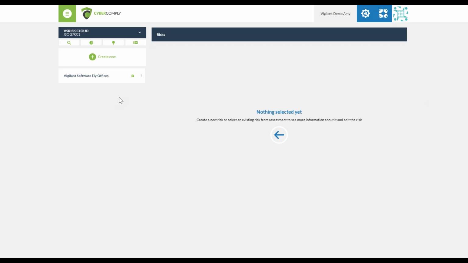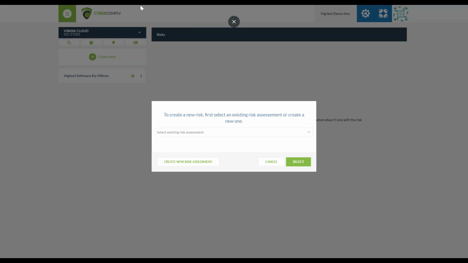Cool. So in this section, we're now in the actual risk assessment. So going through the introduction, I mentioned that you can create multiple assessments that show different conditions of different areas in your organization. So this is where that comes into play. If I create new, this is either creating a new assessment, which is the likelihood and impact scales, or it's creating a new